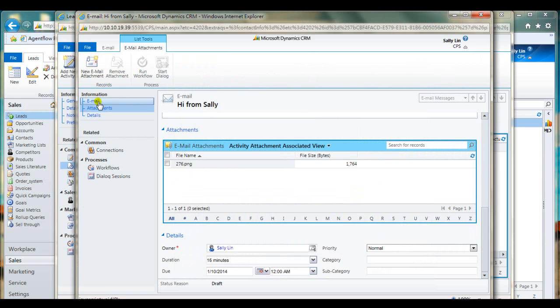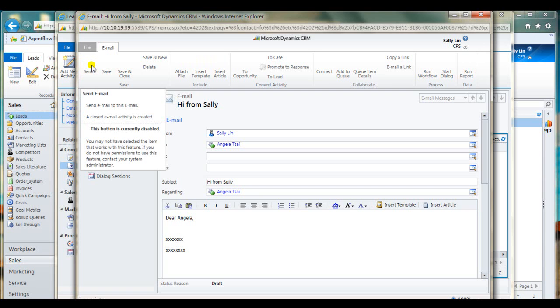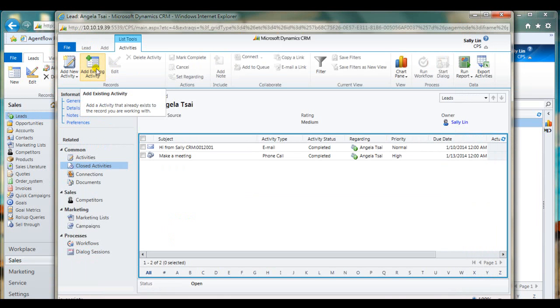Then you can send this email. After you send this email, you will see this activity status change to completed. Now we are clear on the activities.